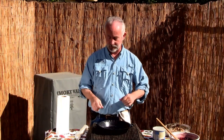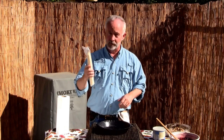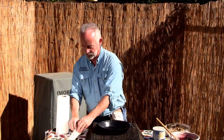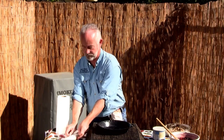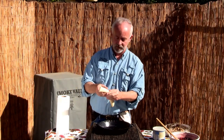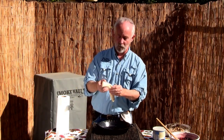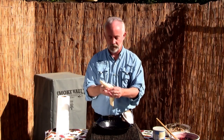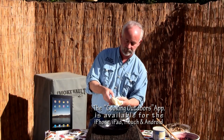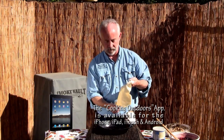I'm not going to go through that lesson. It's super, super simple. I've actually got cheater pie crust for you, as I know a lot of you like to use it. It doesn't quite have that wonderful flavor of a fresh pie crust, but the stuffing inside of this and on the top of this is going to more than make up for it. And if you can get it all off without ruining it, like I almost did,